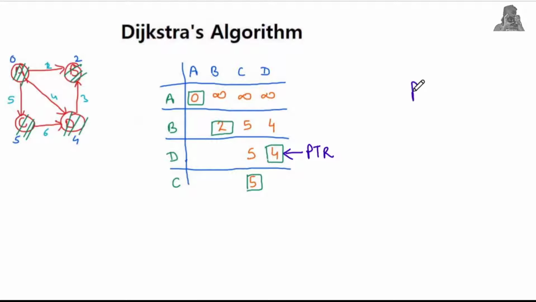The path will be, because we are starting from D, from A to D we want to find out the path. So for that we will write it like this. Starting from D, because at this row D was selected, we will move to the next row and check if the value of the shortest distance of this vertex has been changed. In this case it remained the same, 4 only.